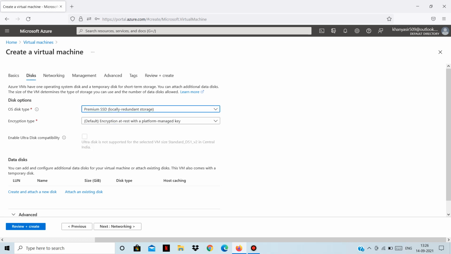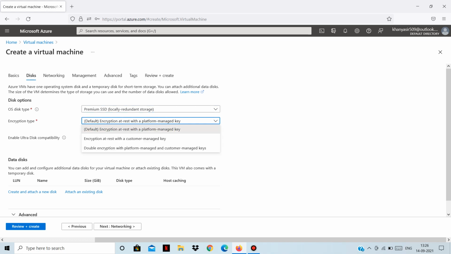By default, all the data which will be stored in these disks will be encrypted. That's not a yes or no option, they will always be encrypted. So we can just select how we encrypt. This default is encryption at rest with a platform managed key.